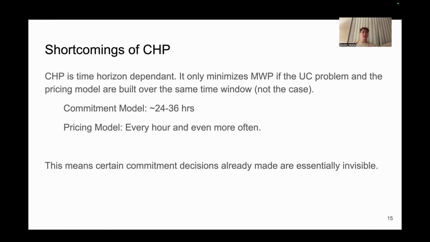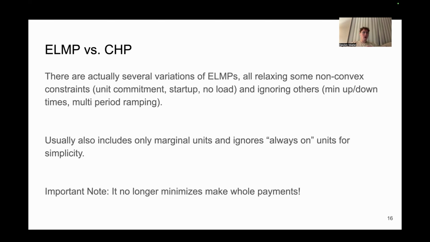The problem is that at that point, since units have already been committed, convex hull pricing basically can't see the fixed cost of those units anymore. They become invisible. So it becomes a chink in the armor of convex hull pricing being able to claim that it's minimizing specific side payments when it can't even see some of the costs related to some units in the system. And then when it comes down to the difference between extended LMPs versus convex hull pricing, as has been mentioned before as well,